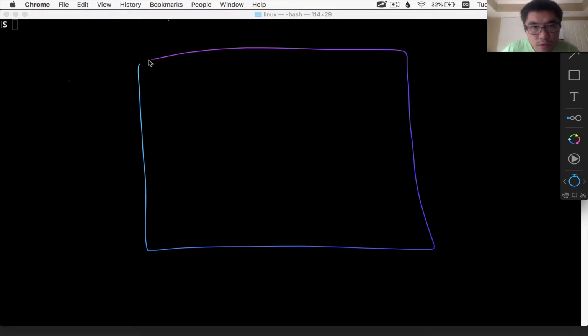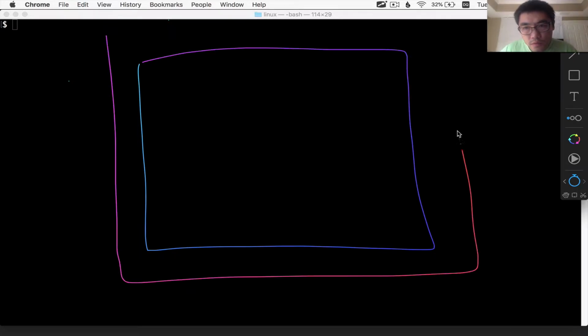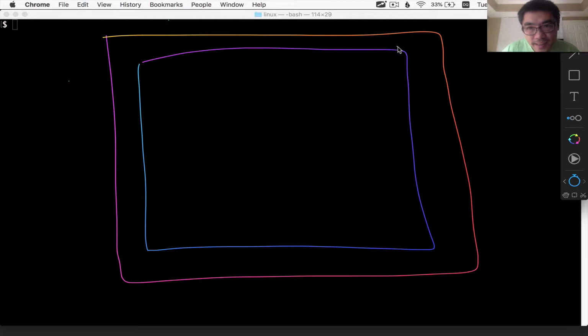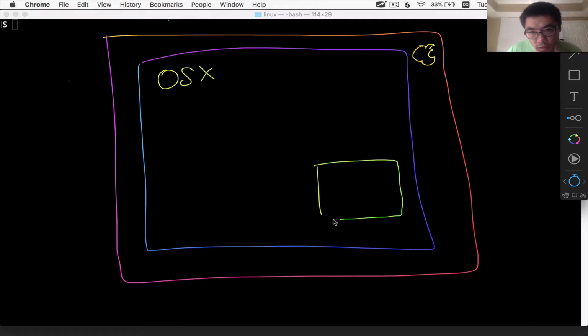So you can look at it as like you have a Mac computer here. Macs don't really look like this anymore. Okay, you have a Mac computer, and inside it's happily running OS X, but you kind of separate off a small section of your computer and say, hey, run me some Debian Linux.